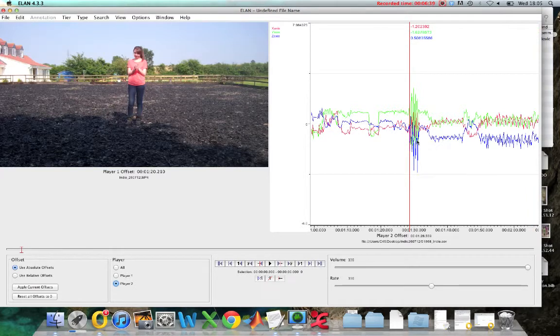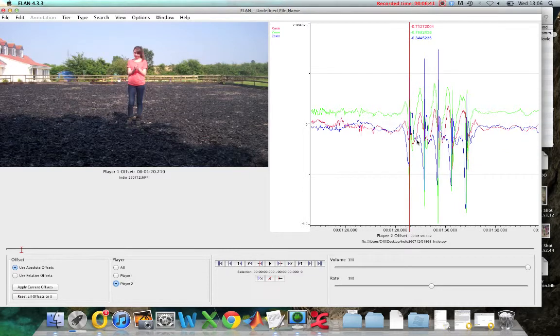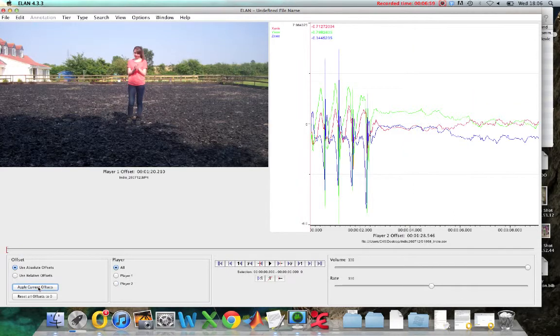If I zoom into the data, I can clearly see 5 spikes. 1, 2, 3, 4, 5. And I'm going to synchronize on the first clap, which is exactly here. The next step is to hit apply current offsets. Now, if I hit each one of these spikes, the hands should be together,